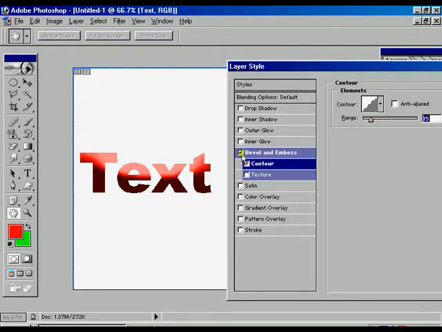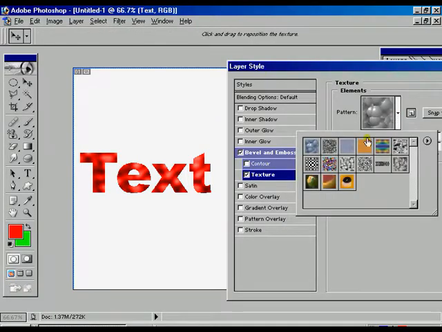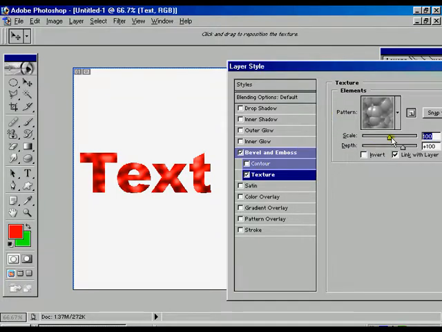Now same thing, we can use the texture over the text, whatever text you want. Already some of the text is there. Okay, now we can scale the texture, and we can adjust the depth of that texture.